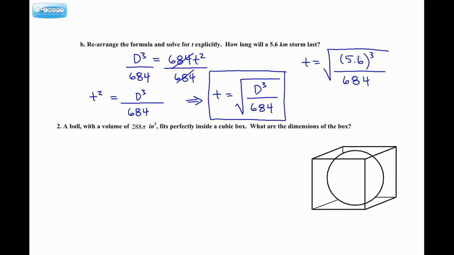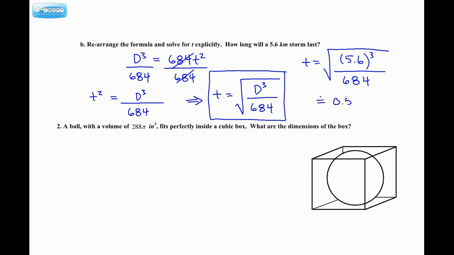So what I'm going to do is work out this on my calculator, and then I'm going to take the square root of my result. So 5.6 to the power of 3, and then I divide by 684. I'm going to get an ugly decimal, and then I'm going to take the square root of that, and I get approximately